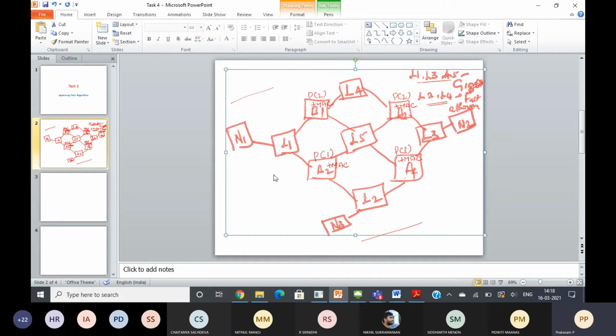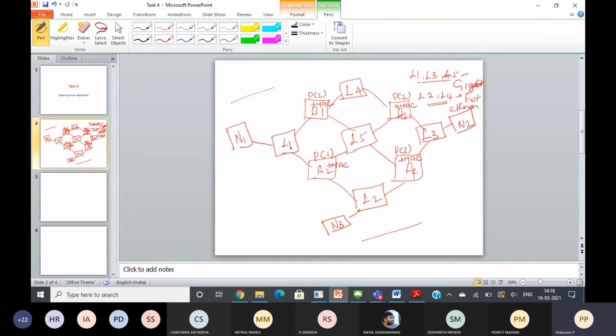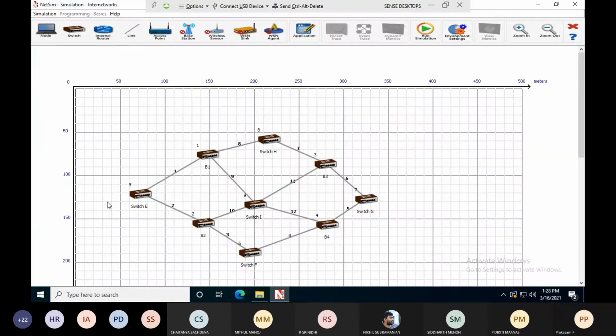Next, I have to rename the remaining switches as the LANs: L1, L2, L3, L4, L5. So switch E, this is nothing but LAN 1.